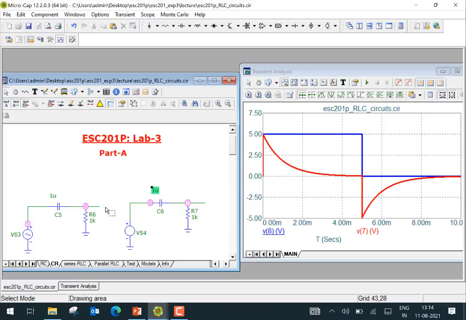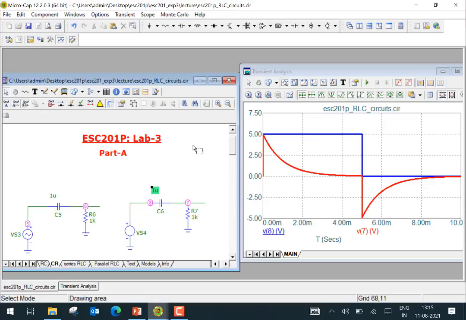Again, you can add more CR sections and explore. Note that when we did these circuits in ESC201, a simple CR circuit is easy to analyze, but if we add 2 sections of CR, when you have 2 capacitors and 2 resistors, or 3 capacitors and 3 resistors, then the analytical solution becomes more difficult. And that's where simulation becomes a powerful tool to understand what really happens when we add a series of CR sections, okay? All right, so that's for exploring